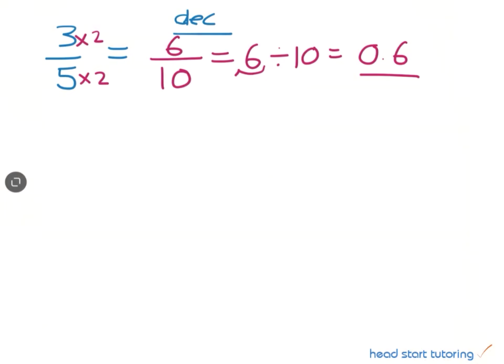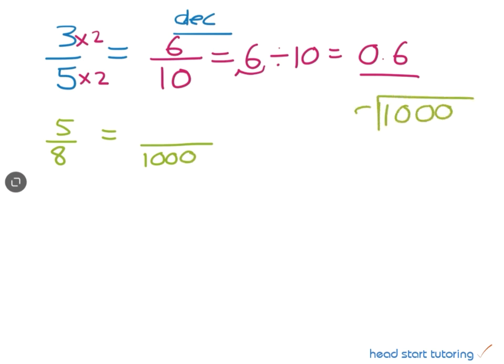Let's have a look at 5 over 8. 5 over 8 as a decimal, we again need to get 5 over 8 into an equivalent fraction out of either 10, 100, 1,000, or any number that has a 1 with zeros at the end. So we know that 8 doesn't fit into 10 and it doesn't fit into 100, but 8 does fit into 1,000, and if we have forgotten about that magic number, we work out how many times